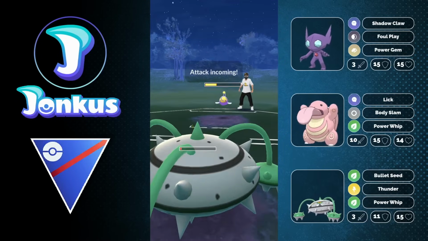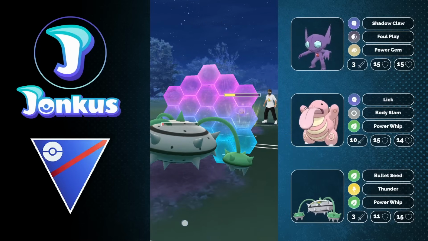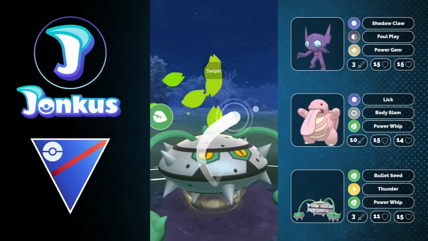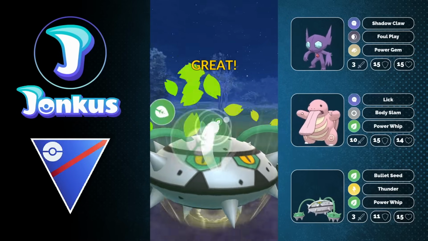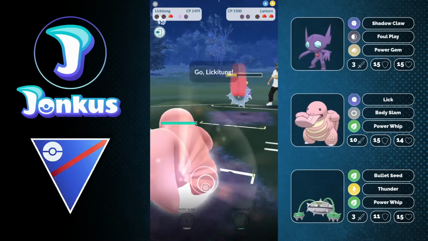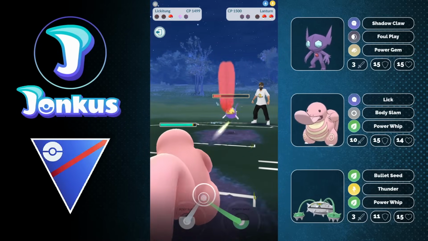I try to force some energy from them, which works out quite well. I decided to use a shield because I can get a shield from the opponent as well, which I feel like is the best play that I can go for. Our Power Gem, most likely, is gonna get shield here, which I kind of expected. But they should be in range for one Body Slam,